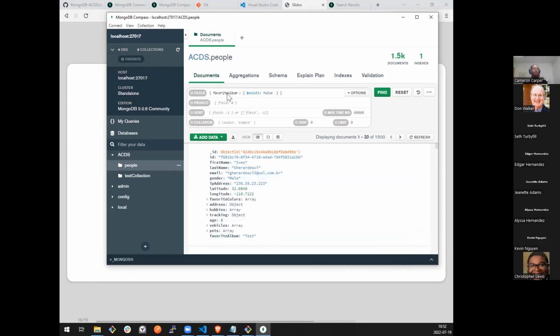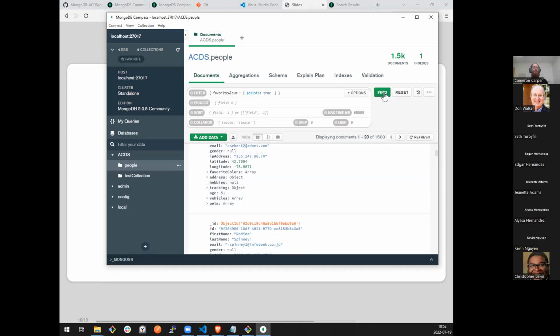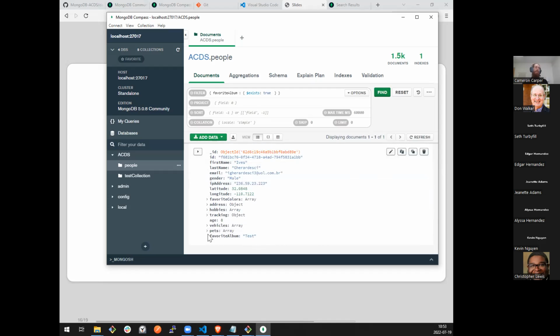So we know from searching where favorite album exists true that we previously would get nothing, because I knew that was a 100% non-existent field, because I didn't add it, and we would return 0 documents. Now I've manually modified this document to include that property. So if I hit find now on favorite album exists true, I should just find this one document. Yeah, just this one.